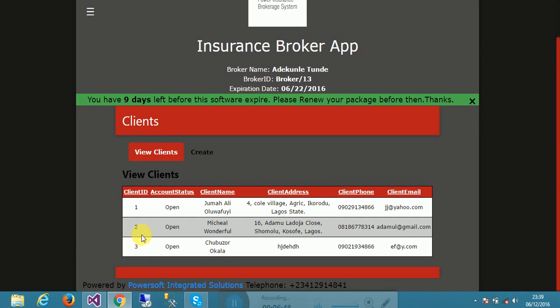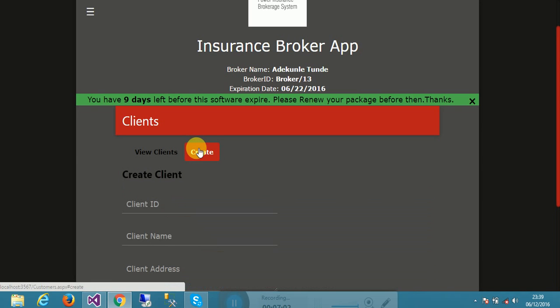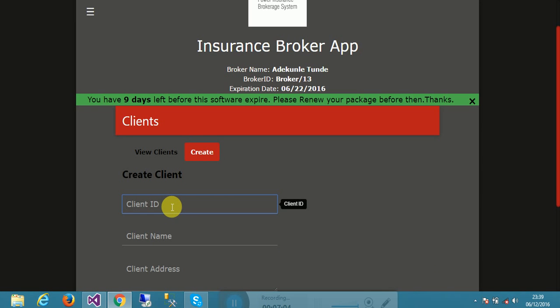It's because I can't enter any of this ID again for any other person. Everybody must have a unique matric number in school. So also every client must have a unique client ID on this application. So I come here, I enter 4, then I say Michael